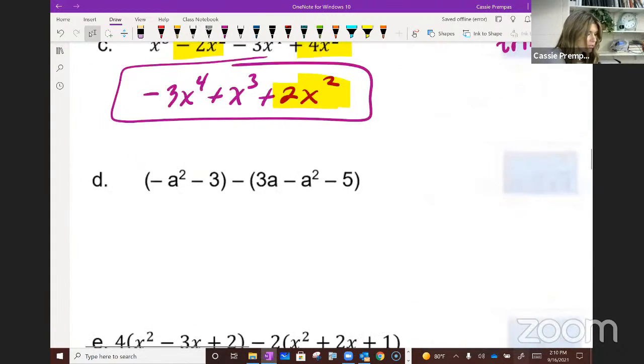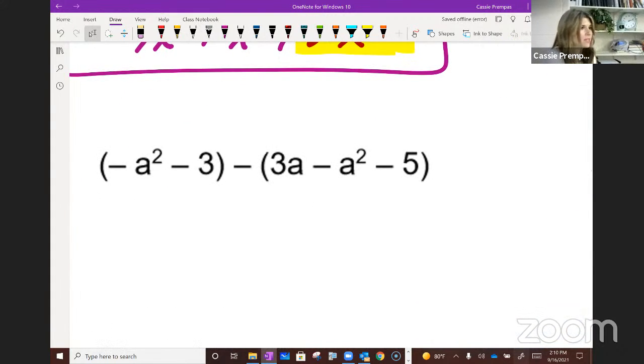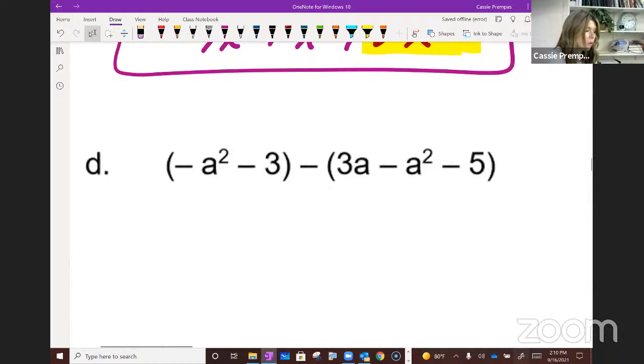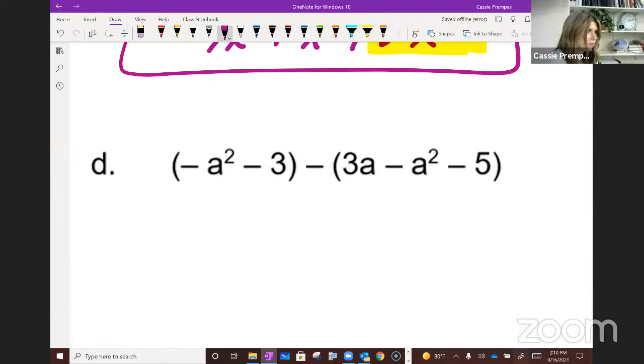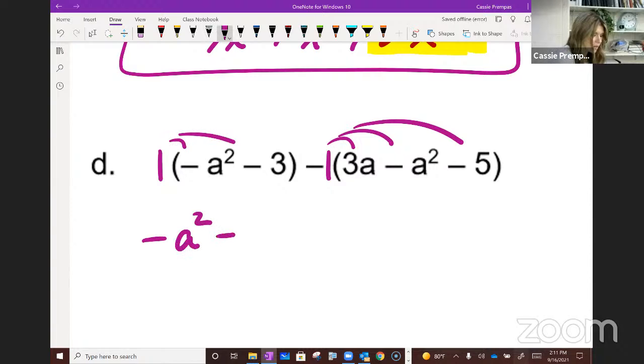All right, letter D, you're subtracting one polynomial minus another. Do you guys know what we have to do with this negative? Yep, you can make it a -1 and then distribute into all pieces. What's in front of this first set of parentheses? Yeah, you could say nothing or you could say 1. You're both correct. We can take away those parentheses because when you distribute 1, you get -a squared minus 3